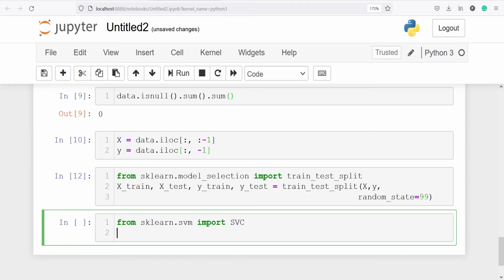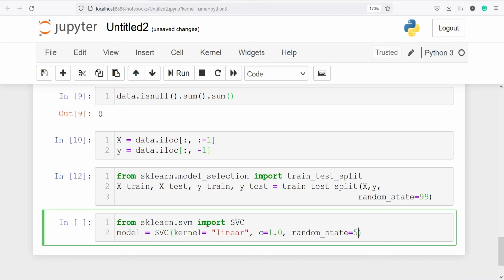Now I'm going to make an object of this class SVC. So I will write model. This is my object and I will call the class SVC. And inside this I will pass some parameters such as kernel. Kernel is going to be linear because this dataset can be linearly separable. So I am typing here linear. Then I have one cost parameter which I am going to put 1.0. You can put some number between 0 and 1. And then random_state. In random state you can put any number here. Let's say I put 5.